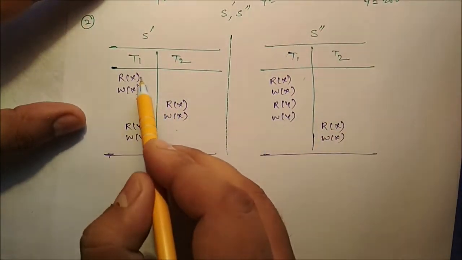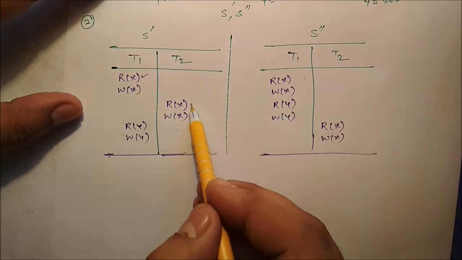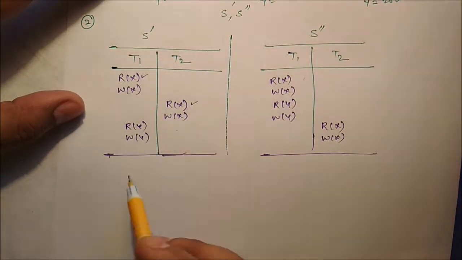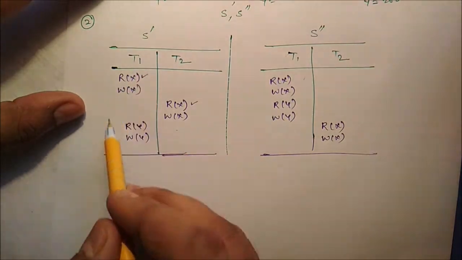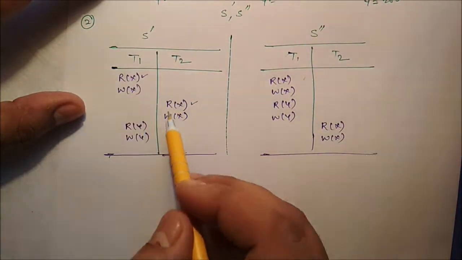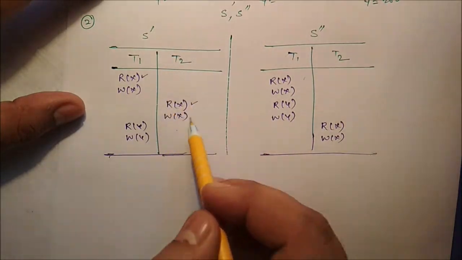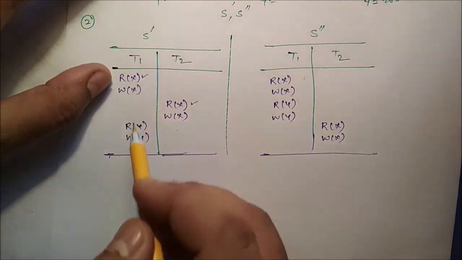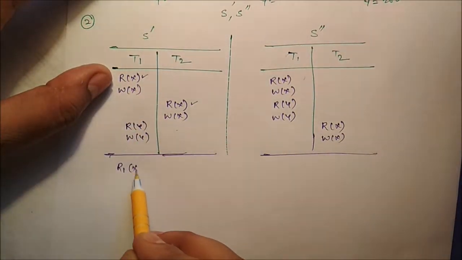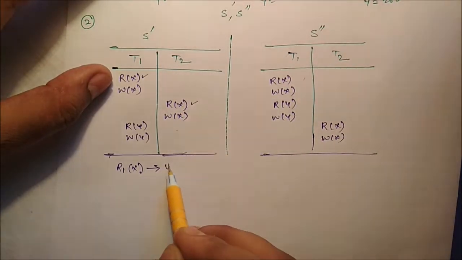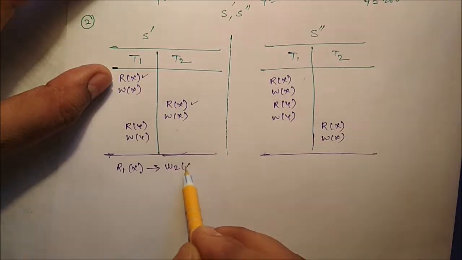So you can see Rx with Rx is non-conflicting. Rx with Wx is conflicting. That means, we assume that these are the instructions for the first transaction, and these are the instructions or operations for the second transaction. So first you have to execute R1x, then we have to execute this W2x. This should be the sequence we have to maintain.